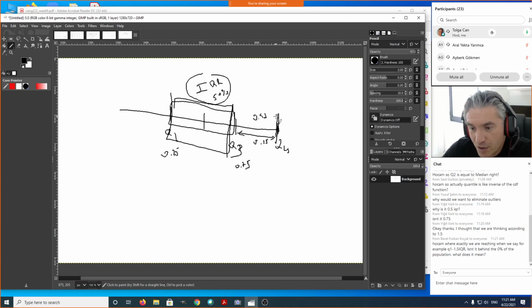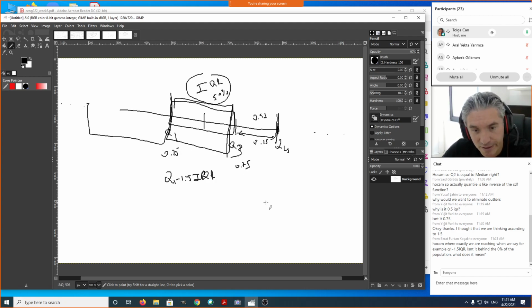When we say Q1 minus 1.5 IQR, we are reaching a position where, whatever this range is, we are reaching... by the way, all these numbers are considered as if they are uniformly distributed, but most of the time our data is not uniformly distributed. So there are data points, very small data points, that may still be outside this very long range, depending on, for example, your IQR may be something really